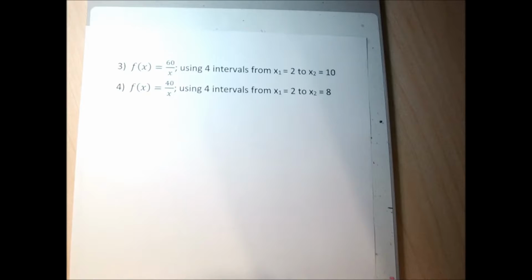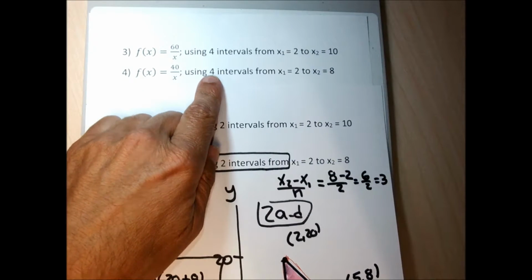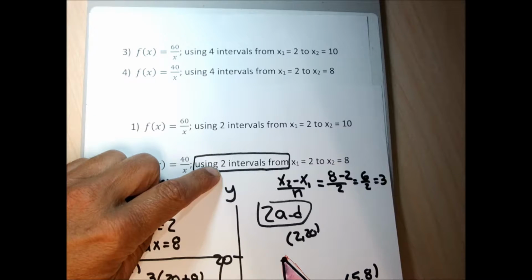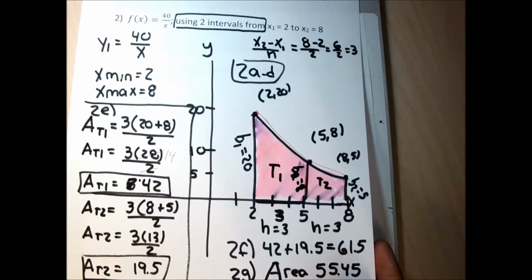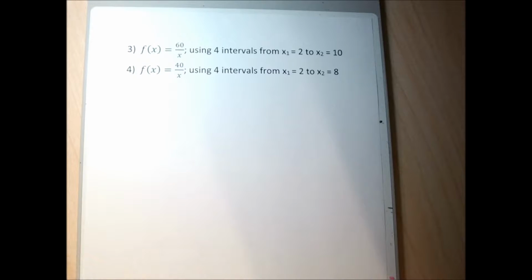If I took this same function, the exact same 40 over x, and made 4 trapezoids as opposed to 2 trapezoids, we're going to find that our area estimate is going to get a lot better. Instead of being off by 6, it might be off by 1 square unit or 3 square units. I'll try to show you visually why that happens, but the more trapezoids we use to estimate an area, the better our estimate is. So let me do question 4 using the same